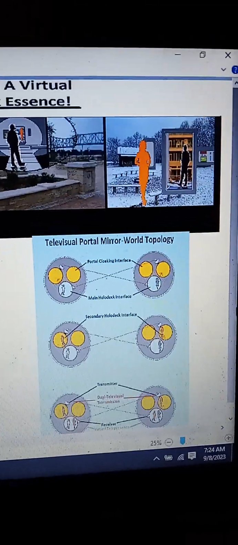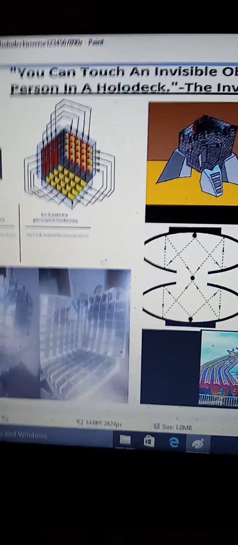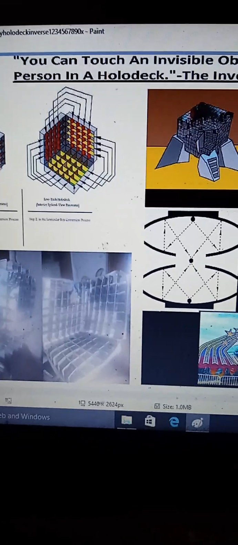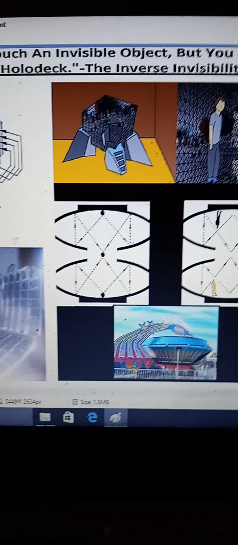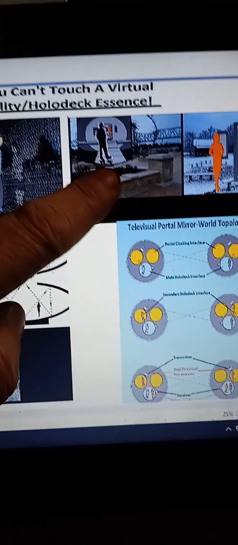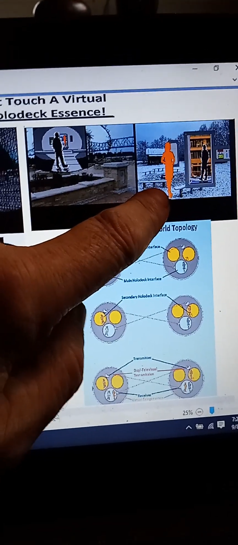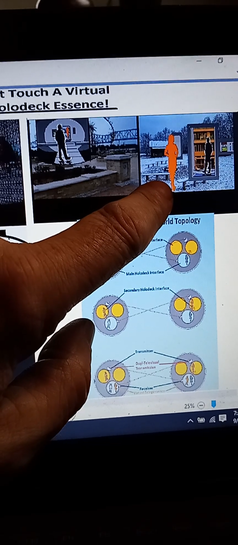To make this short, if you could find a haptic combination, where you can't touch an invisible object and you can touch a virtual person, then that would be all that's needed for a true cosmic portal: to find some sort of break in that inverse symmetry, to make an invisible object untouchable, to be able to walk through this portal while it exists in one reality, while being able to touch a virtual person who is actually not there but at a distant reality.